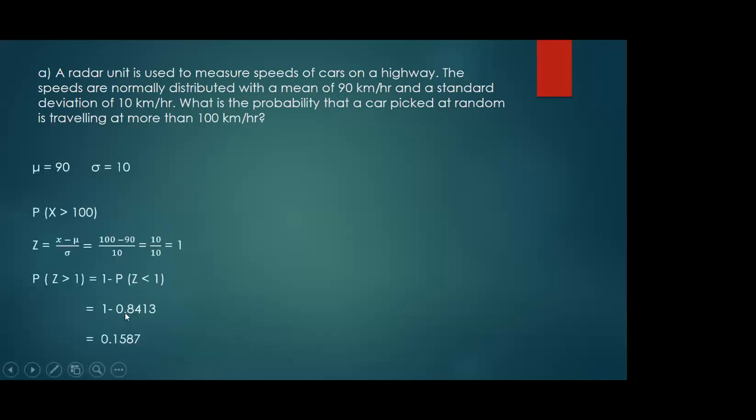We put it in, so 1 minus 0.8413 is equal to 0.1587. So the probability that Z is greater than 1 is equal to